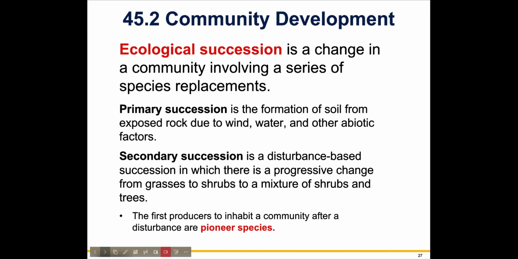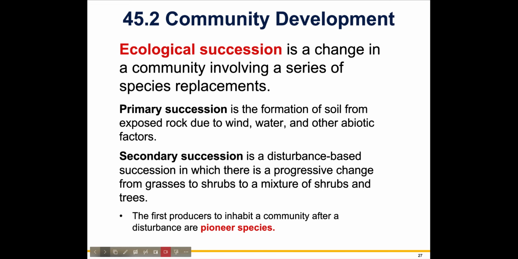So we have something called primary succession, which is how we form soil from exposed rock. Maybe there was a volcano that made new land. Maybe there was a glacier that scrapes all the soil away. Either way, we have exposed rock, we have wind and water making soil. Then we can have small things like mosses and lichen grow. Once those live and die, we add nutrients to the soil, and then we're getting larger and larger things until we reach that final